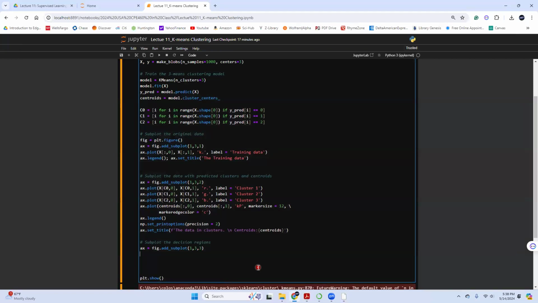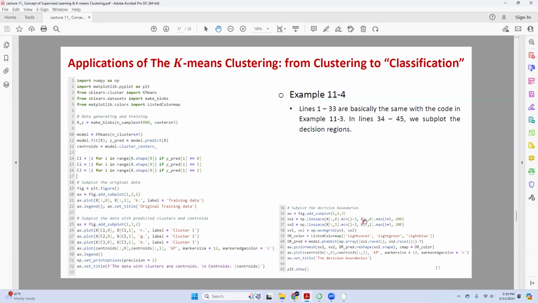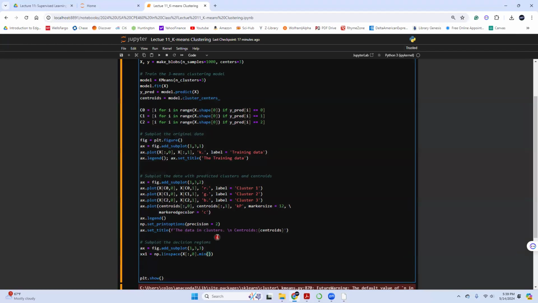Now I need to have a meshgrid, right? So I'm going to have x1 equal to np.linspace, and then x0.min, minus 1 probably, minus 3. Again, this is just to leave some space because you don't want the points to be too close. It doesn't matter if you write 1, 2, 3, 4, 5, 10.